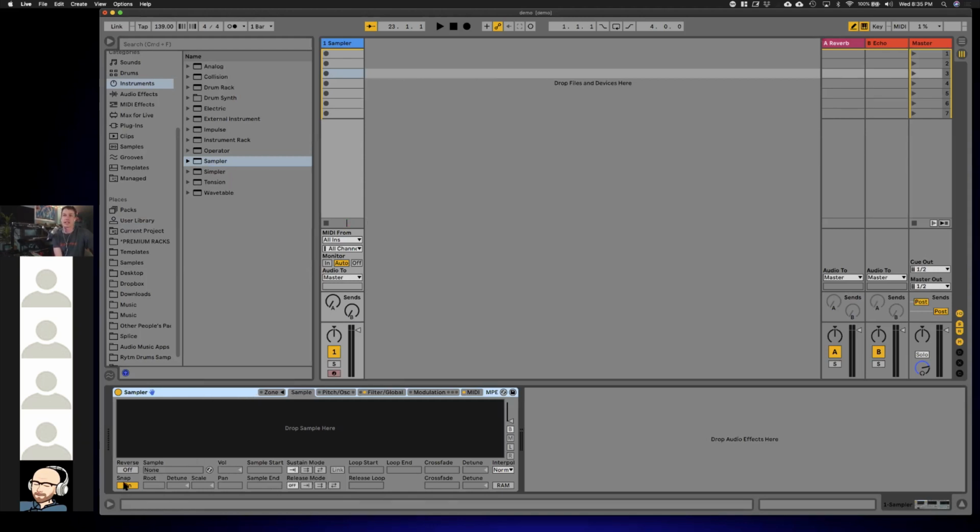The thing that I just love about Sampler is it's totally open ended. I mean, there are certain limitations you get when you have a synthesizer, say, or just any instrument really. But with Sampler, you can just put any sound you can think of in there. And even when you know how to use it, and it's probably my most used device in Live, it's still a surprise every time